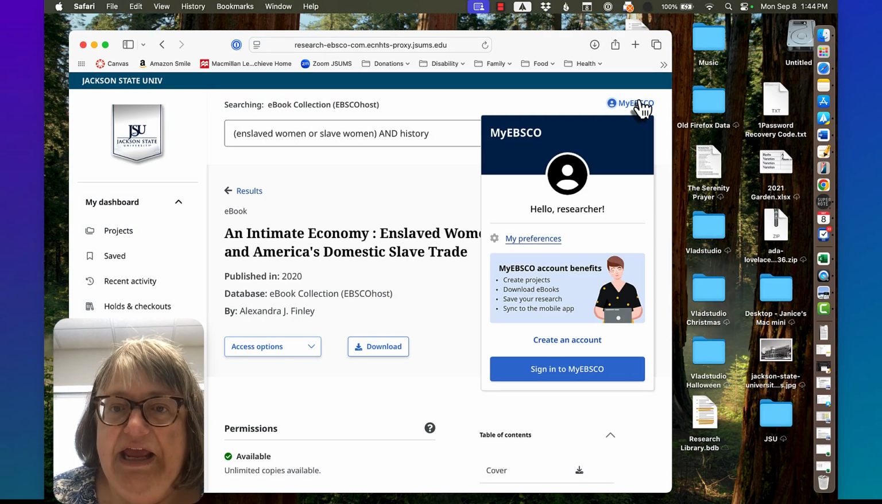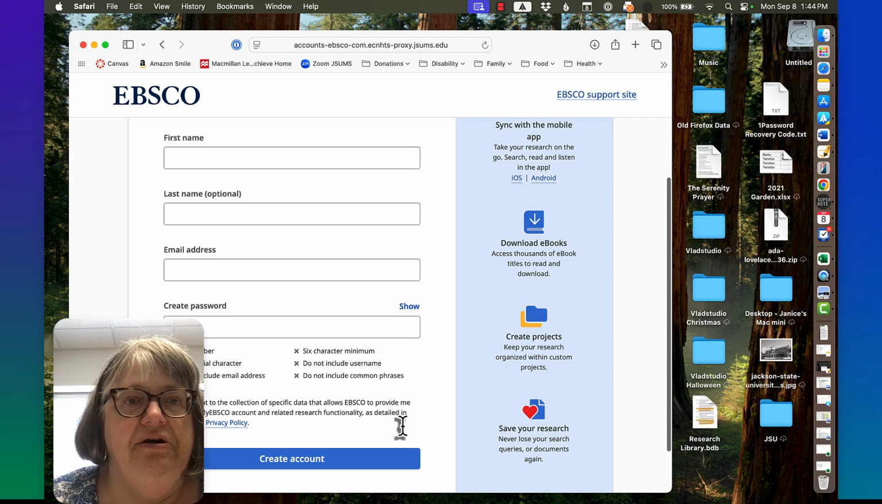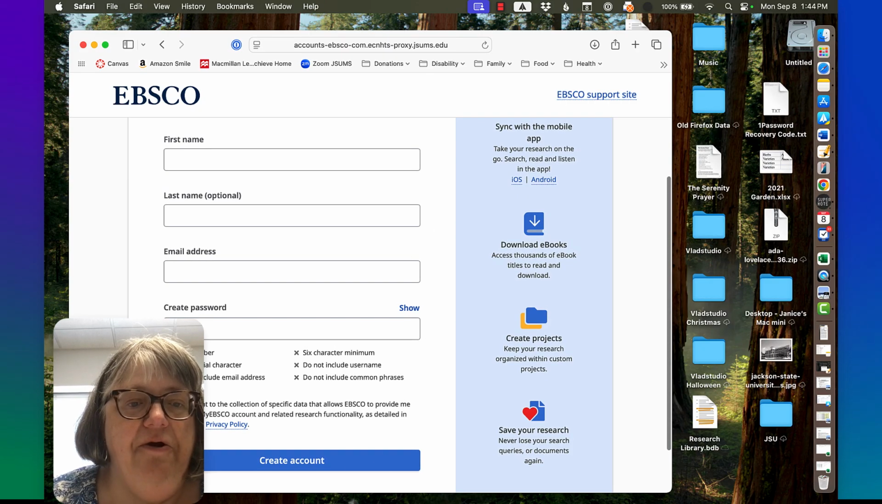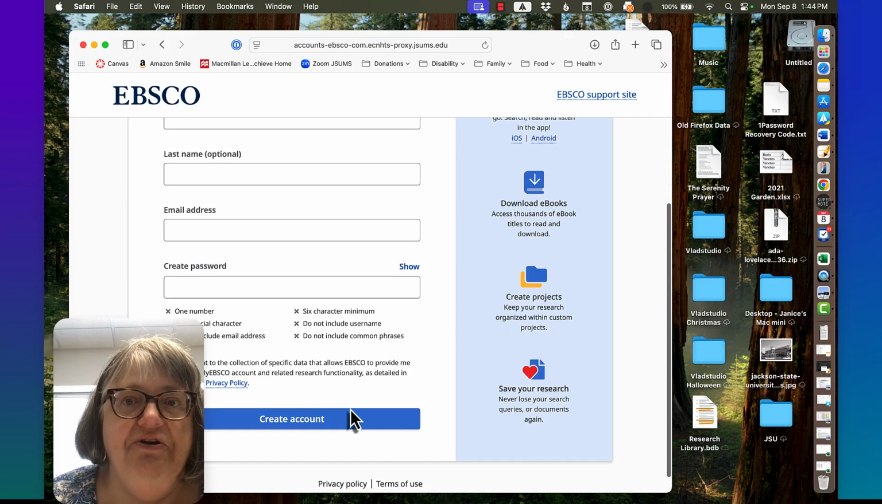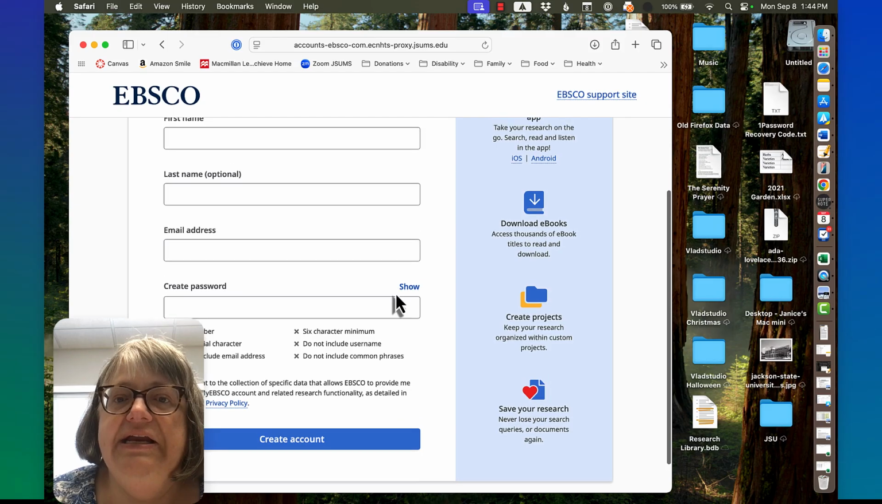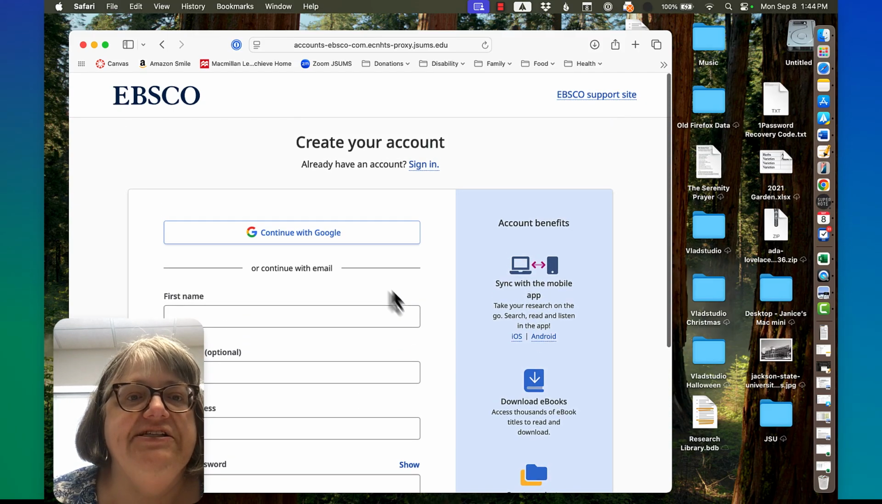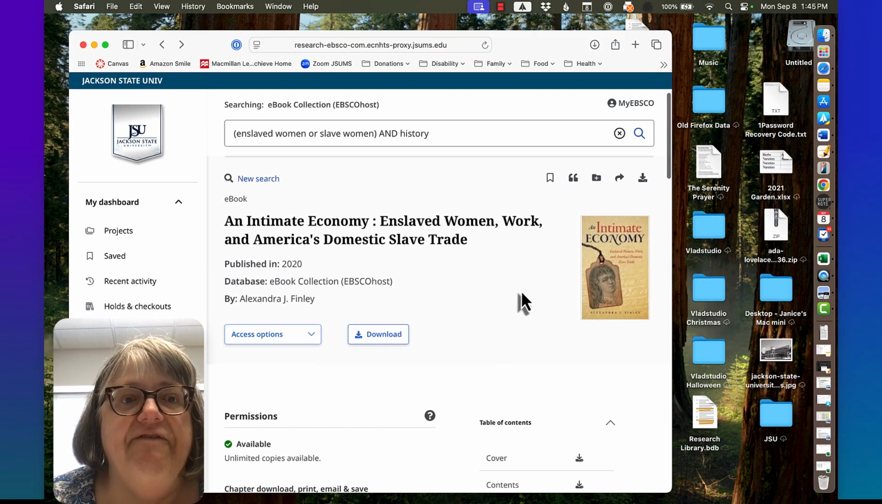If you sign in, you create your account here and set it up. This actually makes it easier in a number of ways. It used to be that you could not download ebooks without having signed in. I don't know why it was letting me do it that way today. The other thing about having signed in,